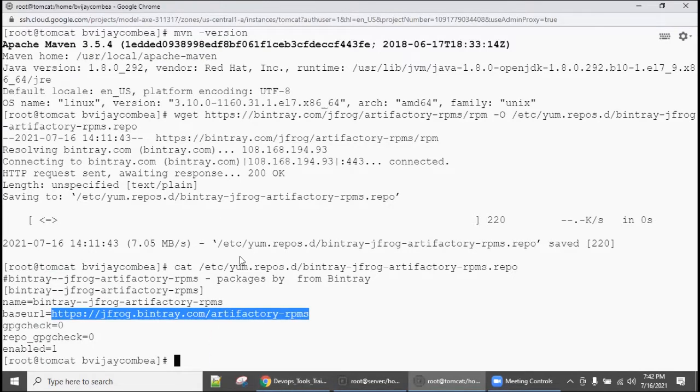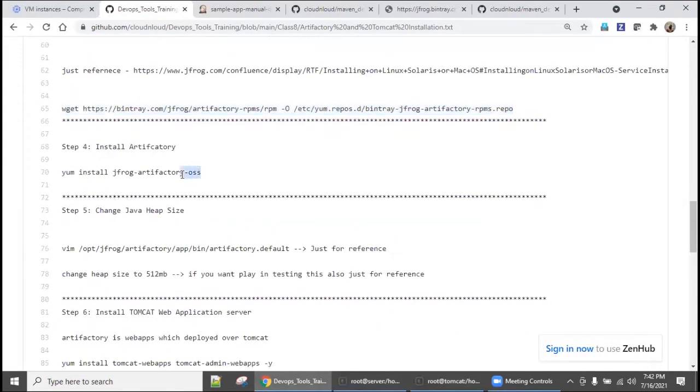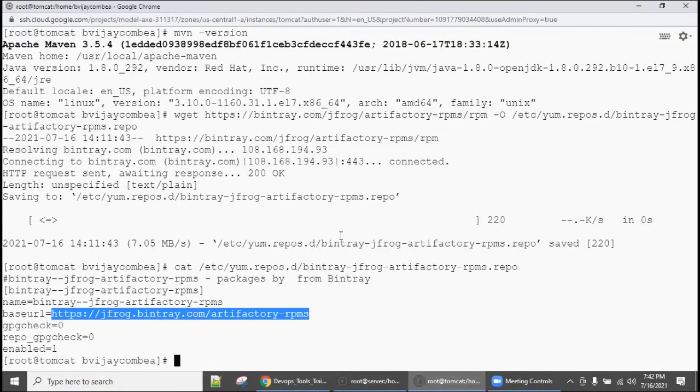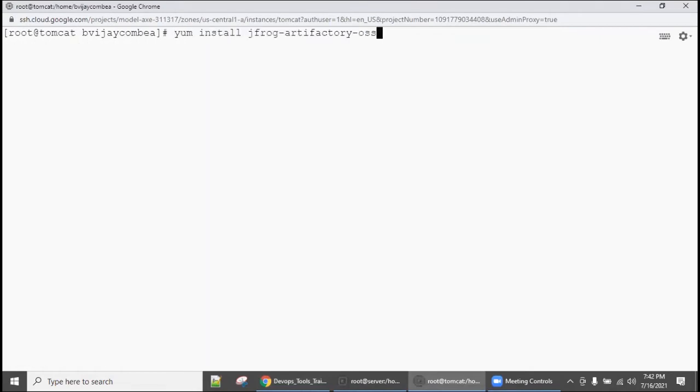What is the next step? We are going to install. See, there are two ways. We are installing open source, because for learning we are going to install open source JFrog Artifactory. Go here and say Artifactory.